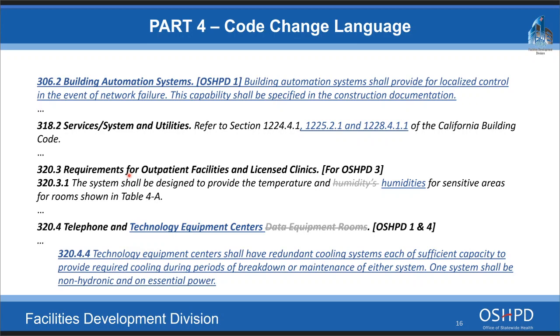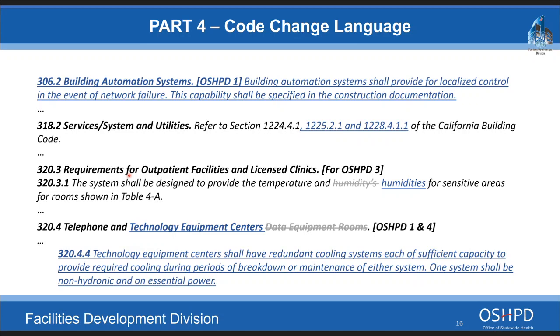On our end here, we're dealing with some lag, so the slides might move around a little bit on us. But here we see the building automation systems. This is a whole new section. What we were looking for is localized control in the event of a network failure. These systems with the BAS obviously work on networks. In the circumstance there's a network failure, in working language, we want hand control capability on large components of the system should the network go down. That's all we're looking for here. We also updated some referrals to the building code, just keeping us in alignment with the changes there.